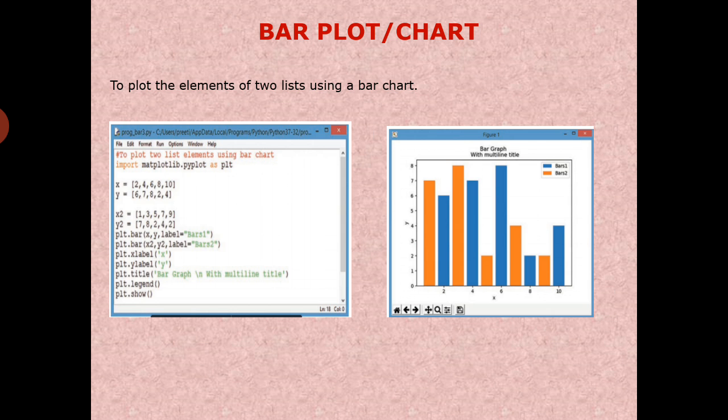Here \n is used between 'bar graph' and 'with multiple title', so it will display the chart title in two lines: in the first line 'bar graph' and in the second line 'with multiple title'. The plt.legend method will display the legends and the plt.show method will display the figure.